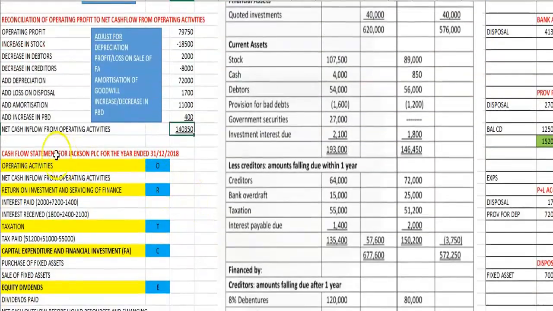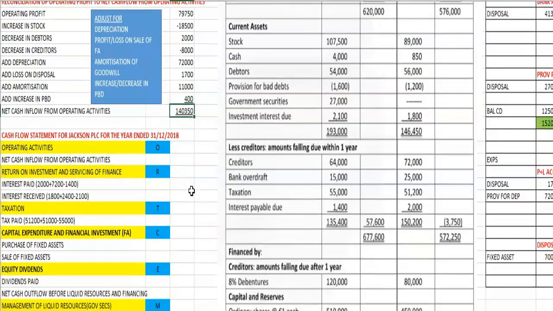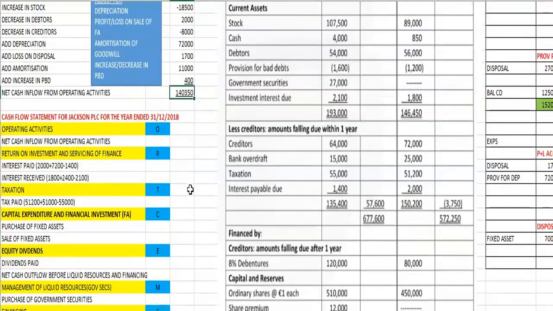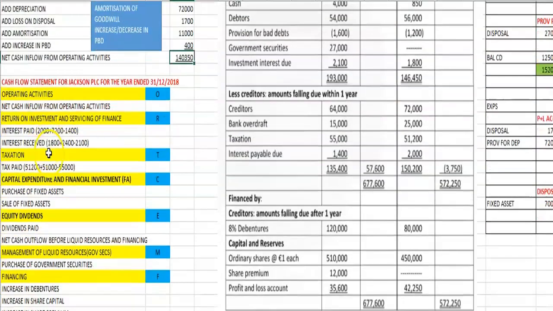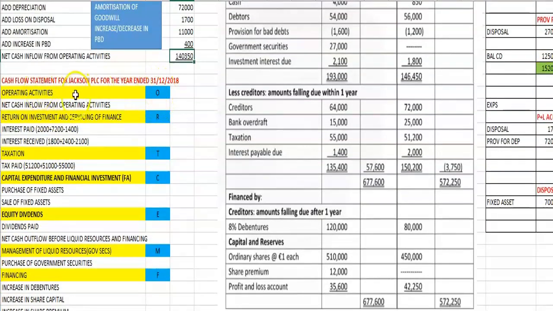Now you need to cast your net a little bit wider and produce a cash flow statement. The cash flow statement will list not just your cash flow from operations, but all the other cash flows within the organisation. Financial Reporting Standard number 1 specifies that a certain structure needs to be used when you're preparing a cash flow statement, and that structure will follow the order of the headings that you can see highlighted in yellow here. So in order to help us remember those headings, you can use these letters: O, R, T, C, E,